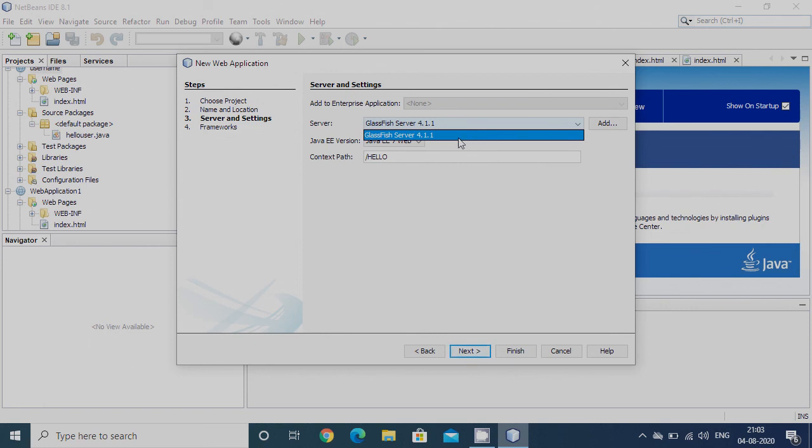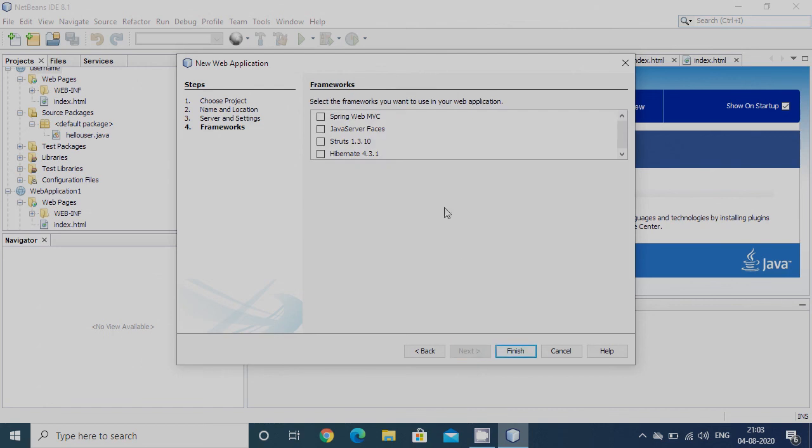You have to select the server on which you want to run this particular project. Since I have only one server here, I have to select this one. And this tells about the Java EE version. Next tells about the context path.